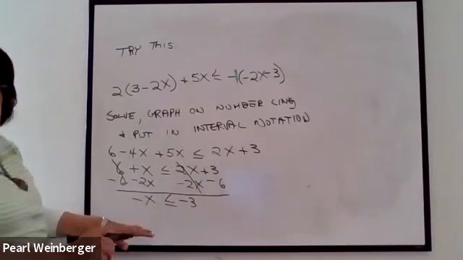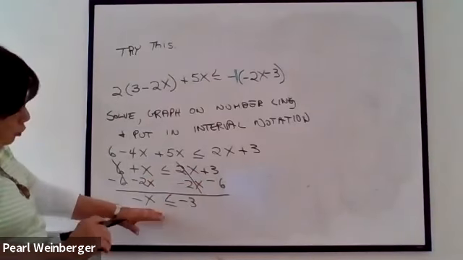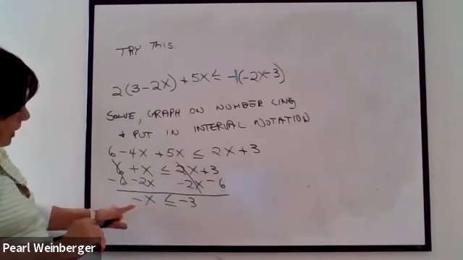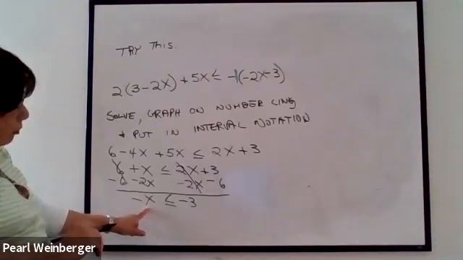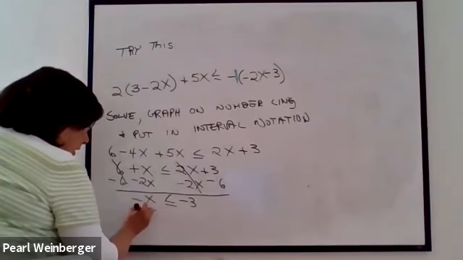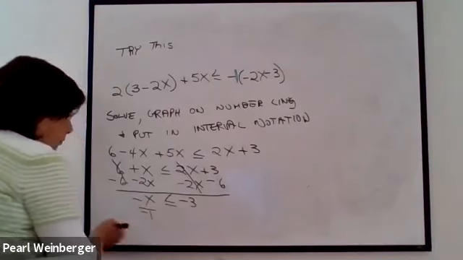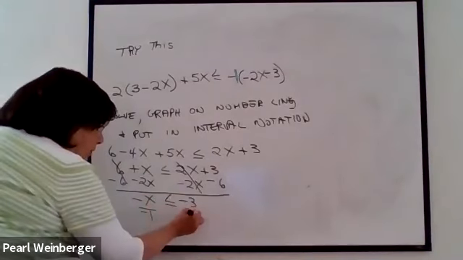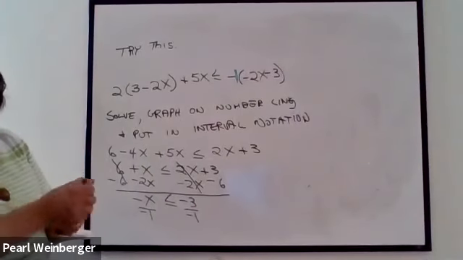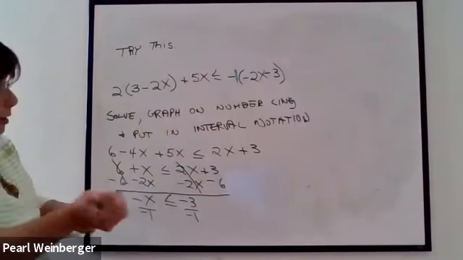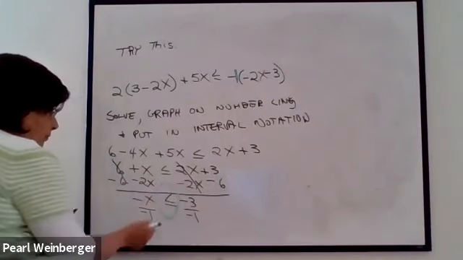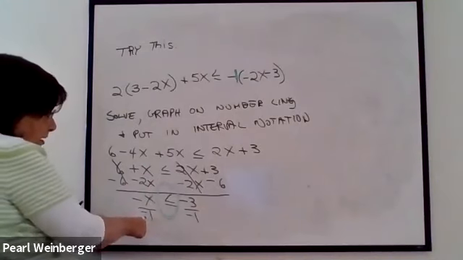And I'm almost done. I just have to make sure that I have just a plain x on this side. So I have to divide by the coefficient of the x, which in this case is a negative 1. Negative x is the same as negative 1x. So I will divide both sides by negative 1. Now here's the one case I have to be very, very careful about. Whenever I am dividing by a negative number,